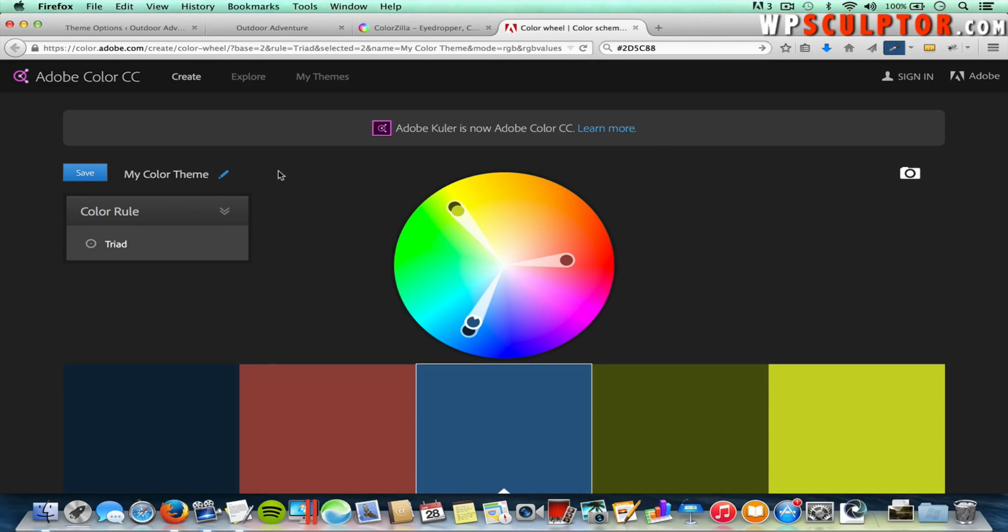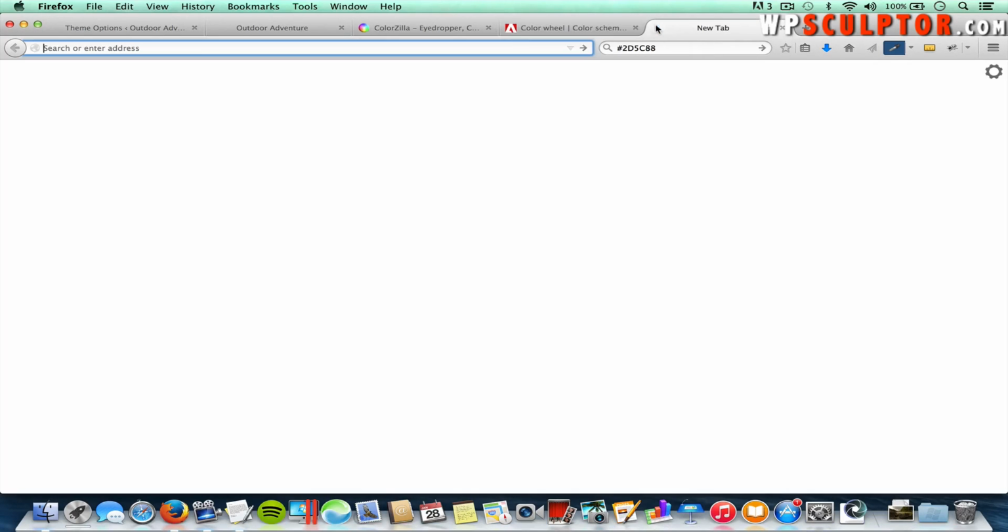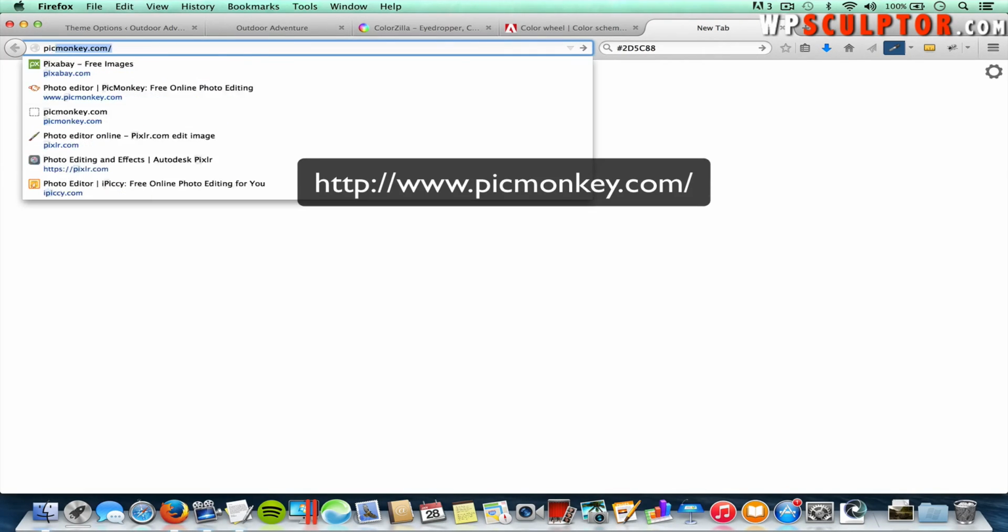And to design my logo, I'm going to use another wonderful free tool called PicMonkey. So I'm going to leave the color wheel tab open because I want to be able to access the red and get the hex code for it here in a moment. So in another tab, I'm going to go to picmonkey.com,